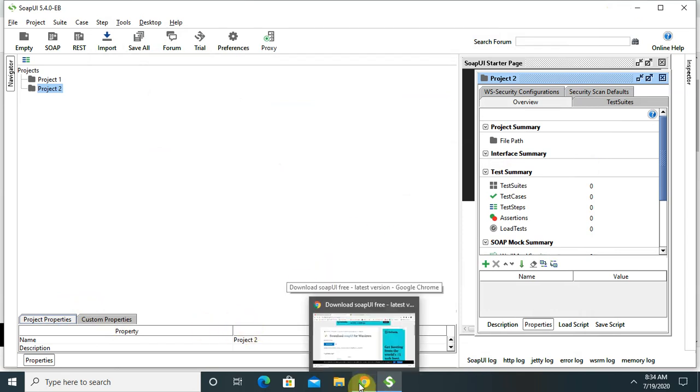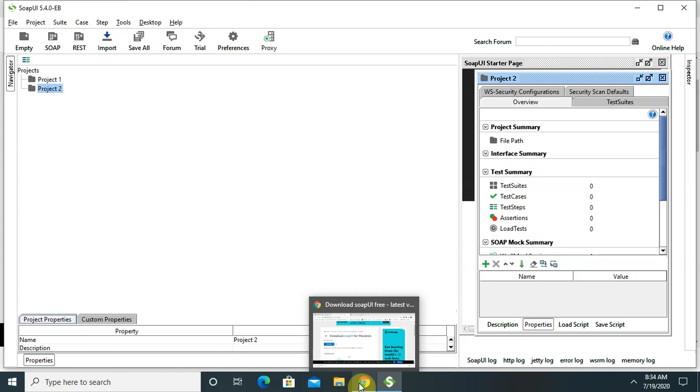Now let's move to some basics and the features of SOAP UI. When we are talking about the features, it's definitely going to have great content for your project as well. SOAP UI is a tool which is used to perform functional testing against your SOAP, REST, GraphQL, JMS or other API or web services.